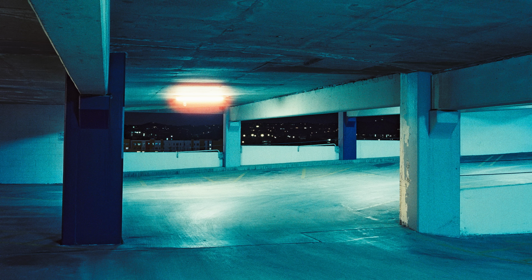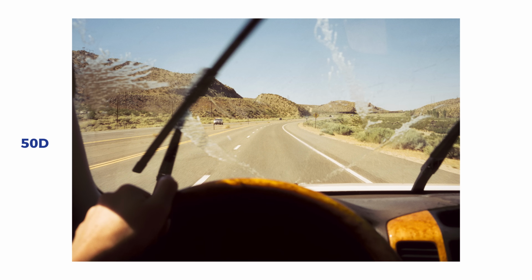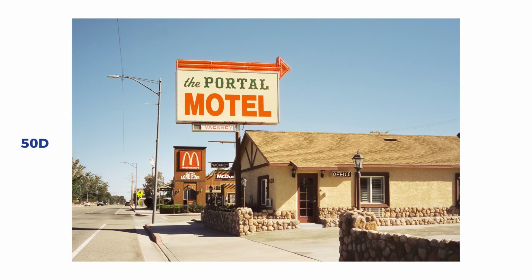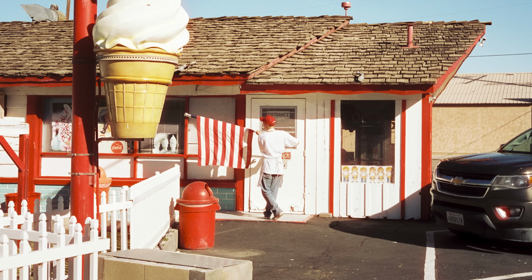I was a little bit disappointed, I think, by the Cinestill 50D. I thought the look was quite strong, quite saturated. There was a lot of contrast, much more than I had anticipated, but I didn't dislike the photos by any means. I think my favorite from the 50D had to be this photo of the ice cream shop closing down